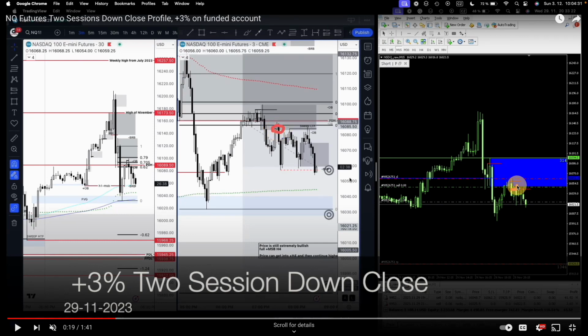Okay, so we got the sweep. We are under the daily VWAP. We are at a sweet point of the Fibonacci retracement. Then I saw this market structure break on the lower time frame. And look at this, this is really interesting, because then the price